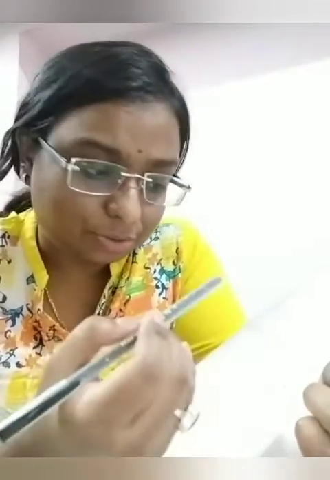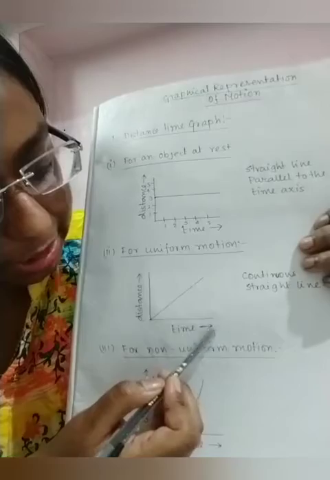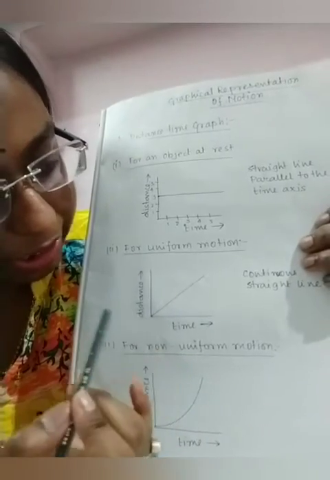Okay. So in our case too, we will deal with uniform motion. You have already seen it in uniform motion. We have already discussed it in our previous class how the graph will be. So let's again recap once. So again we have taken the time axis in the x direction and the distance axis in the y direction.